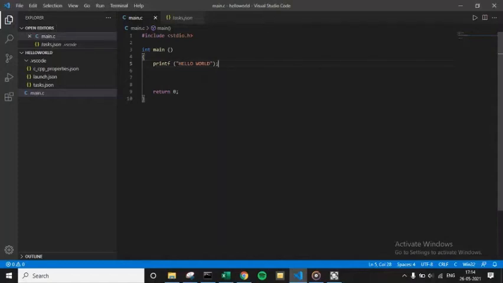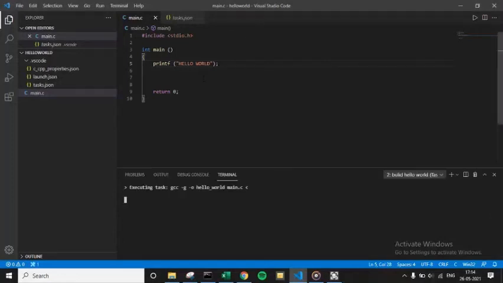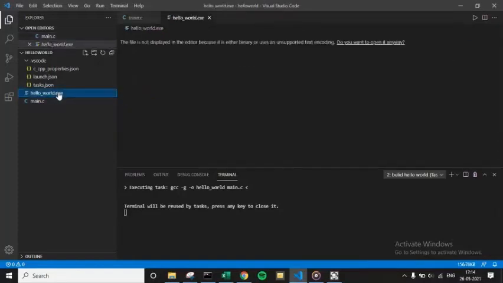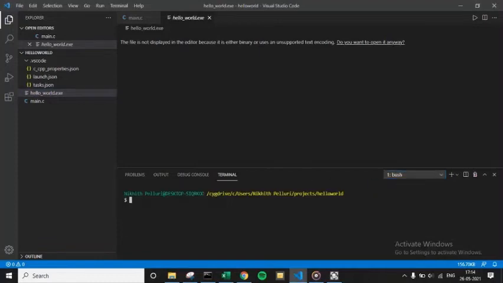And I'm gonna use Ctrl Shift B to build the task, executing the task, and see, here is an executable, hello world.exe, and I went to my bash shell, and I'm going to type dot slash hello world.exe,